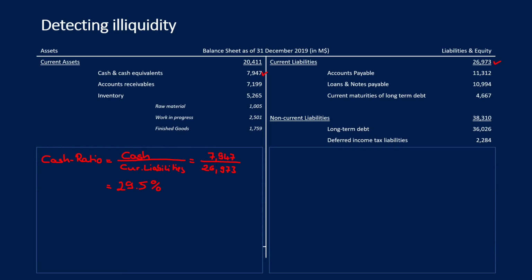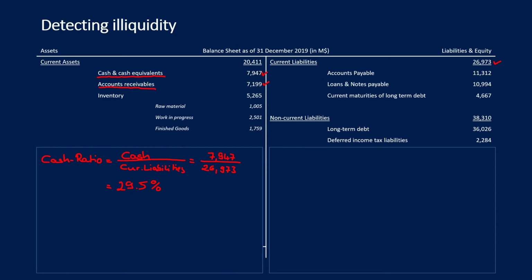If we go into a discussion with the management of this company, the management would argue differently. They would say, okay, cash and cash equivalent is what we currently have at hand, the liquidity that we currently have. Nevertheless, we do have accounts receivables. And those accounts receivables are all due within the next 30 days. So even if some of those customers won't pay, nevertheless, within 30 days, we have this amount of money. We have this amount of money quickly.